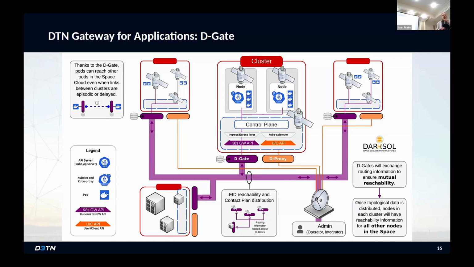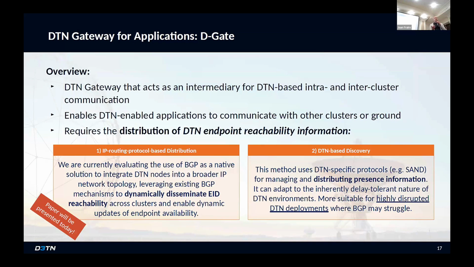And of course, this is the most central aspect. So the distribution of this endpoint reachability information somehow has to be realized. And for that, we are currently working on two basic mechanisms. First of all, we want to allow that a space cloud cluster is also connected to some IP network. I mean, if you remember the figure I showed at the beginning, it can also run on Earth. It has DTN capabilities and can communicate through a DTN that is attached, but it can also have a planetary IP-based network